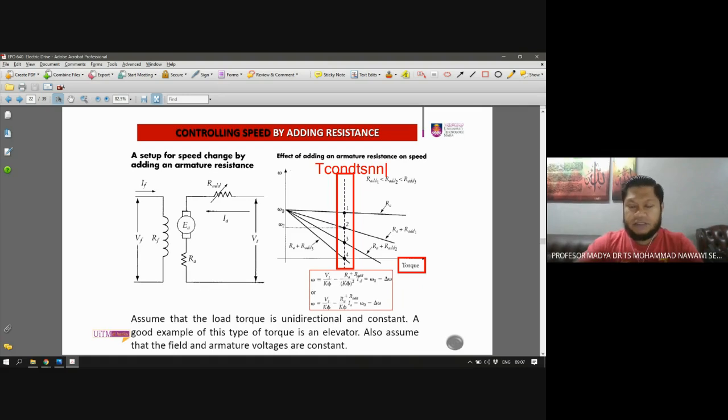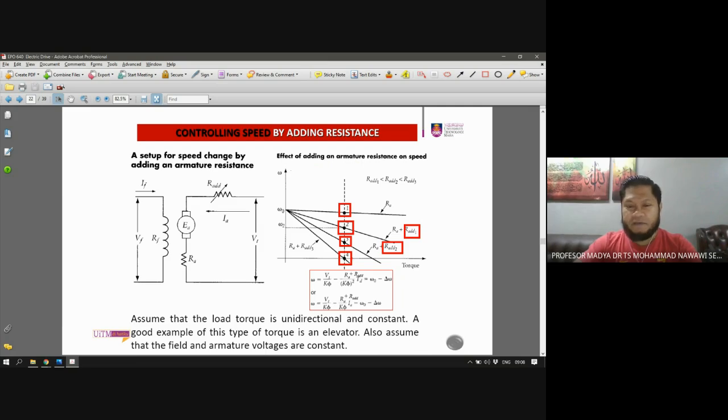Okay. Torque is constant. It has only one value of torque. This is the case where we have a constant torque. So when you change the RA, the additional resistance, then the speed drops from the first position here. If you add number 1, your speed drops to R2, and then R3, and finally drops to zero speed